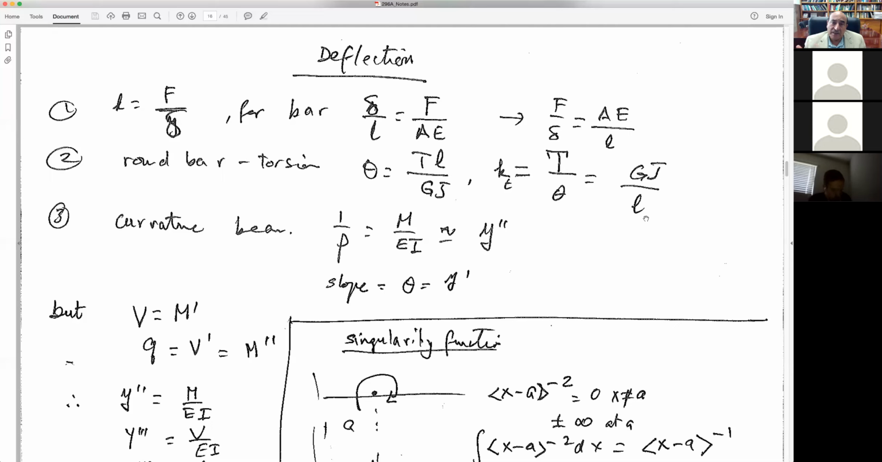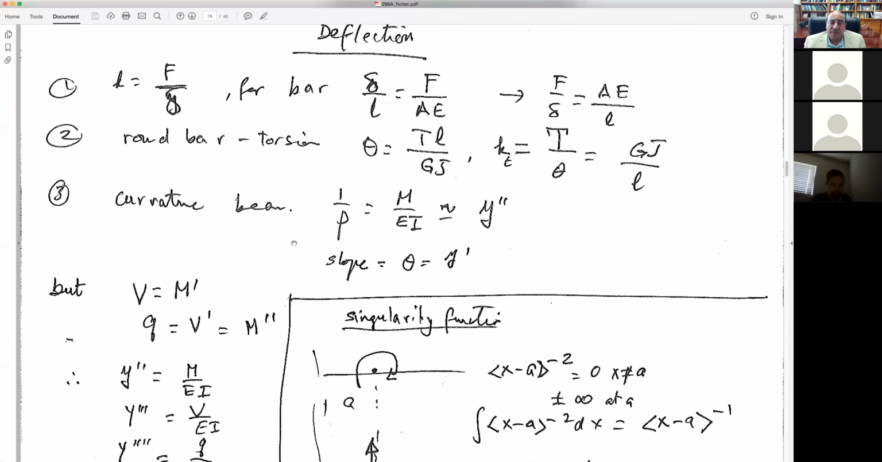So if you have a bar and you torque it and you let go, then it's going to be like a pendulum, and it has a frequency determined by this torsional stiffness, KT. If we have a beam, the basic fundamental equation is that the radius of curvature is rho, so 1 over rho is the curvature itself. The curvature is proportional to the moment, and therefore the curvature is M over EI. That's 1 over EI as the proportionality constant. To a first approximation, the curvature is equal to the second derivative of the deflection, y double prime. And the slope is the first derivative of the deflection. So theta is the slope, and theta is dy by dx,